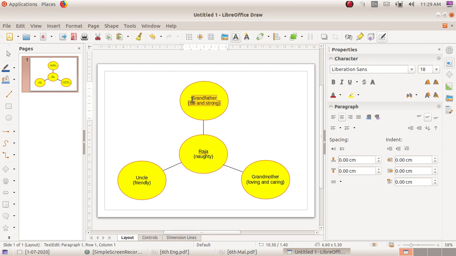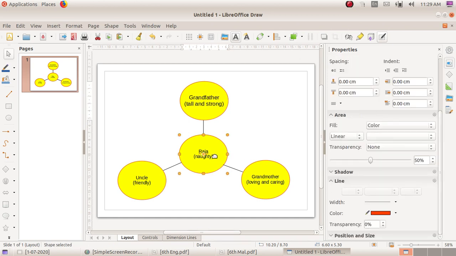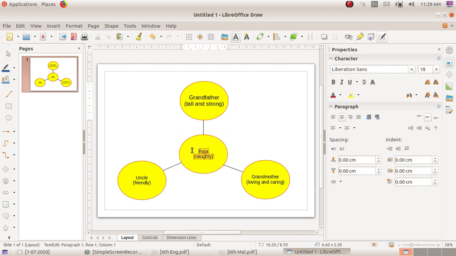We can increase the size of this text from here. Just double click on the shape and change the font size from here, and the font name also.